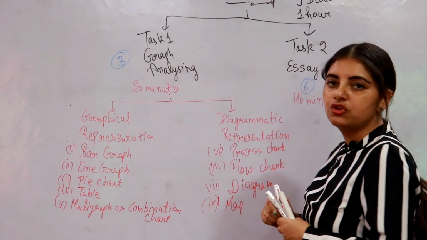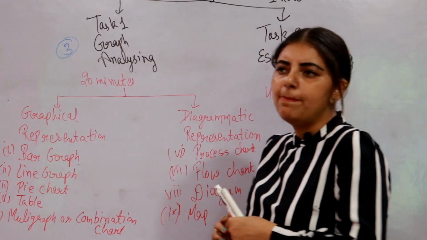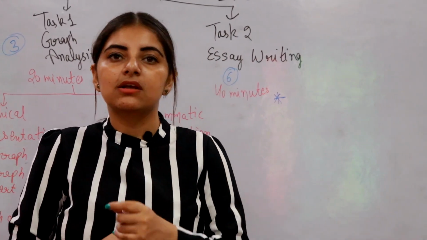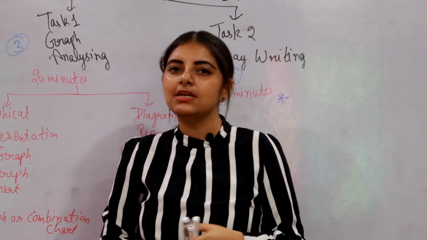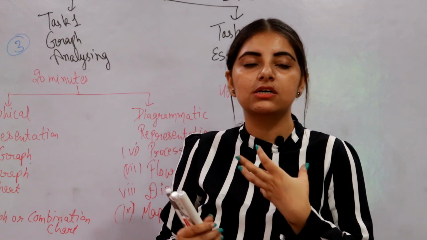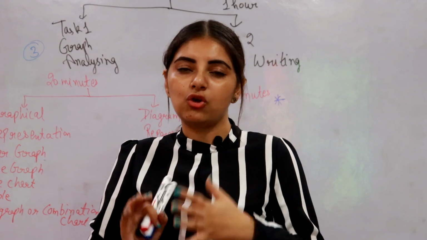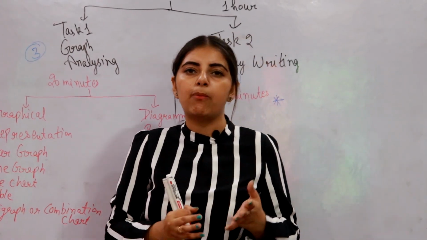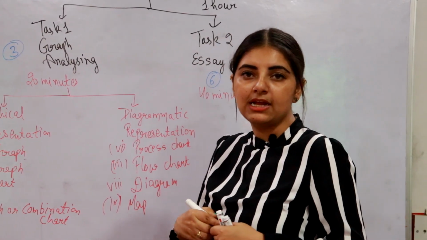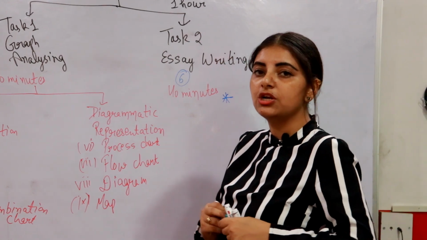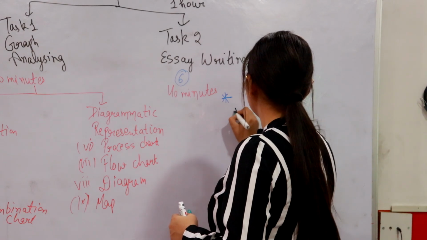Moving towards the task 2. So basically in IELTS, what is task 2? Task 2 is essay writing. Previously, the students who appeared for the senior secondary education or who have recently completed their graduation, they surely have attempted essays related to pollution, dowry, corruption. But when it comes to IELTS writing, task 2 is essay writing, which comes on the 21 topics, and there are total 8 types of essays.